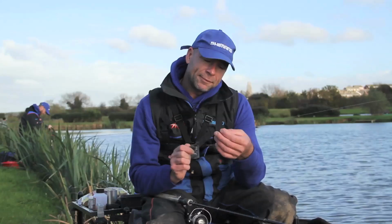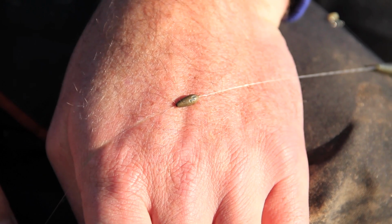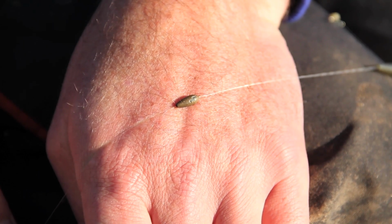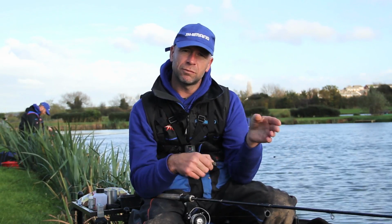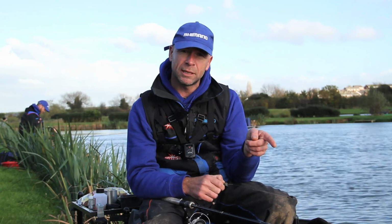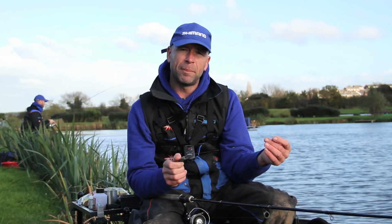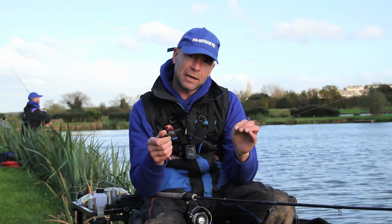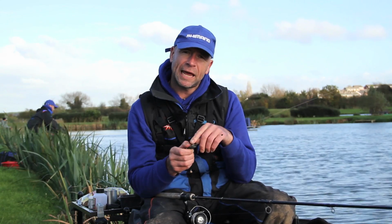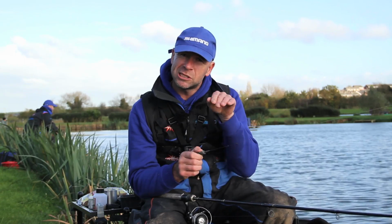Also at the end here I've put a tungsten olivette on my main line, and this acts as a boom. So when I cast the feeder out and I slacken the line off, because I don't really want to fish a tight line up to my quiver tip, I fish a soft bow. That means this olivette sags the main line down, so when fish are feeding in the area where my feeder is, they're not going to touch the main line because it's lying below the